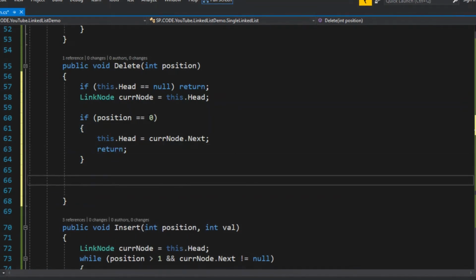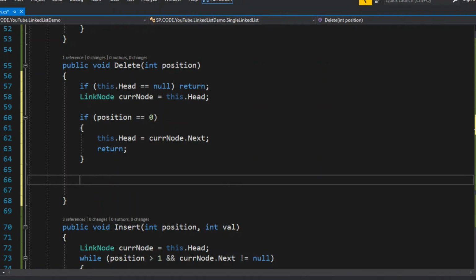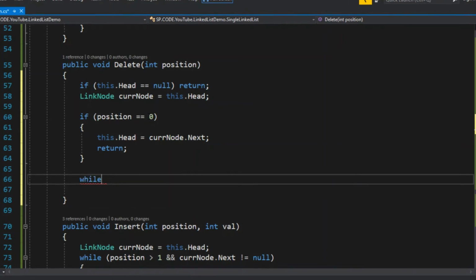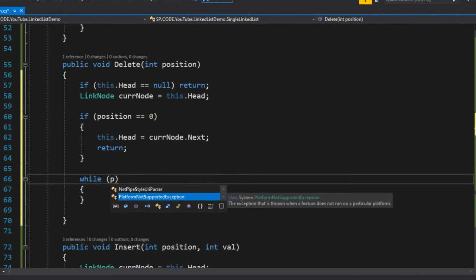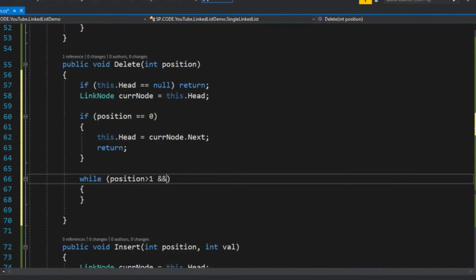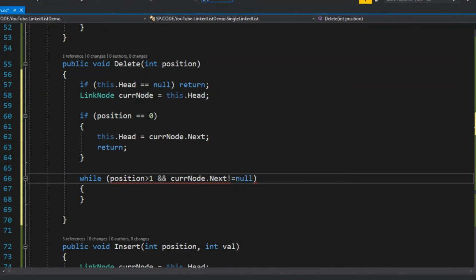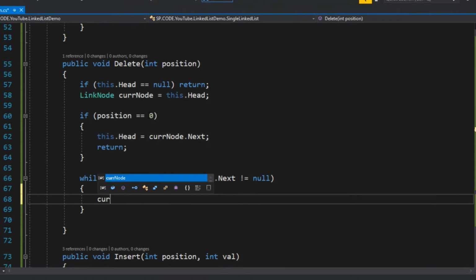Otherwise, again we need to do the same thing. We just need to find the specific position's node. As we get the previous node, we will ask the previous node to point to the next node. So here, a while loop. We have done this operation multiple times. So position should be greater than 1, and current dot next not equal to null, right? Move the current node